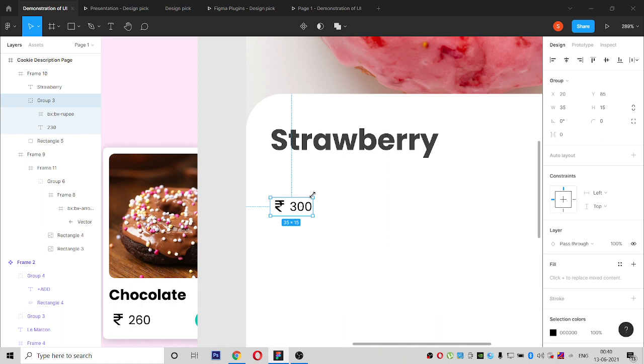If you click on V, it changes. Click on K, it changes. So if you click on V and try scaling the zoom, it zooms like this. But if you click on K and scale it, it zooms accordingly.